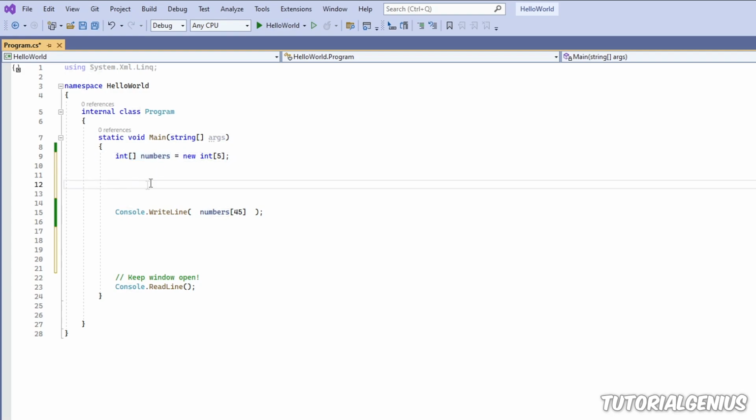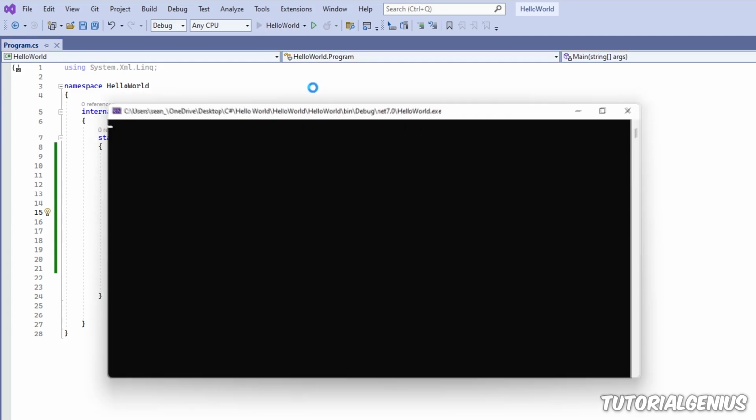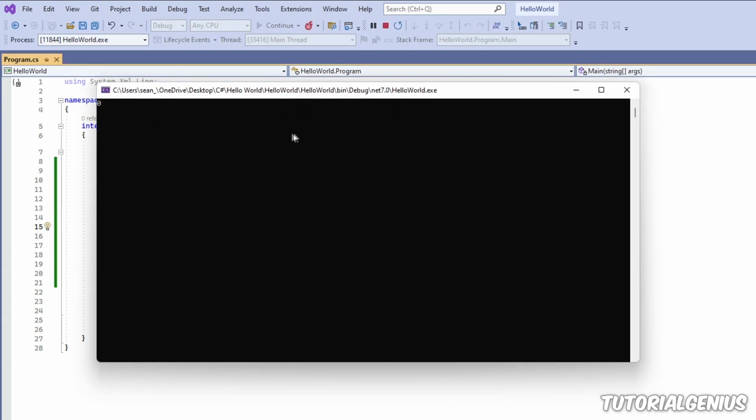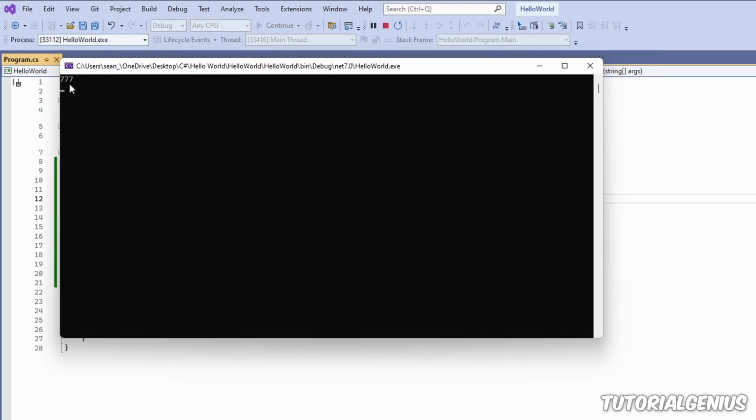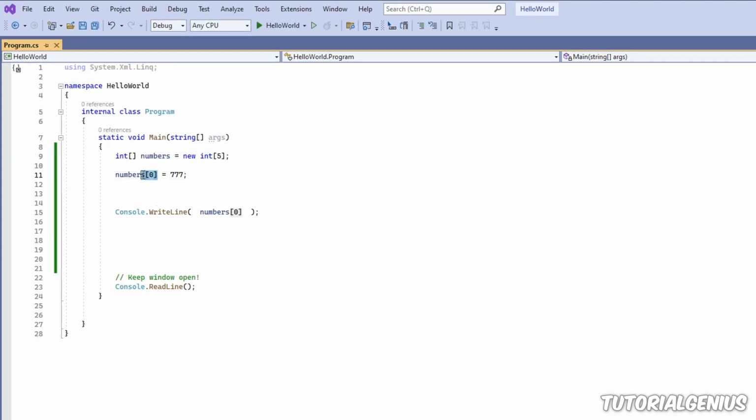Now we still need to initialize it because we have no values in here. By default, if I try and access the values in the array, even though there's no values in here, it's going to output 0 because this is default behavior. So what I want to do is now put a value in the array. I'm going to put a value in the first slot, which is index 0, and I'm going to put the number 777 in here. So now when I run the application, we can see the value 777, and that's how you actually initialize